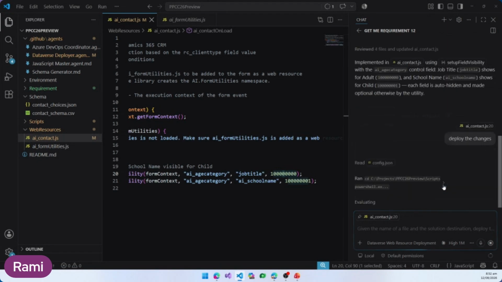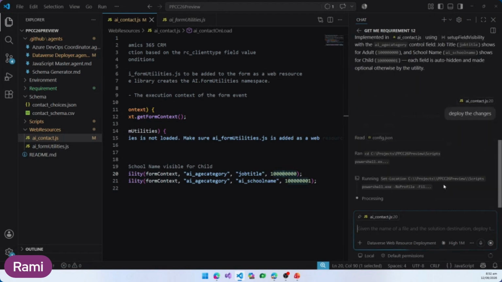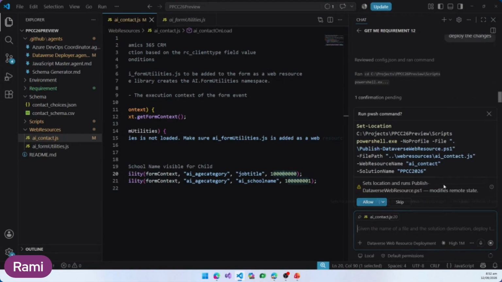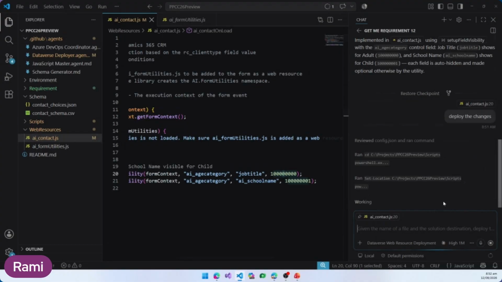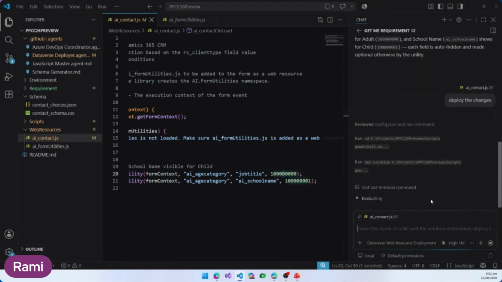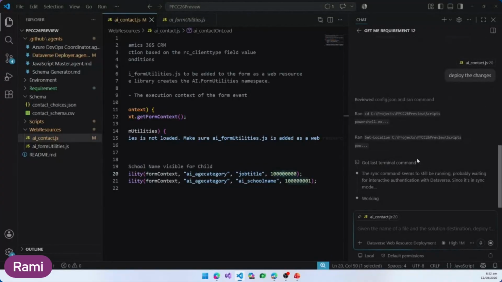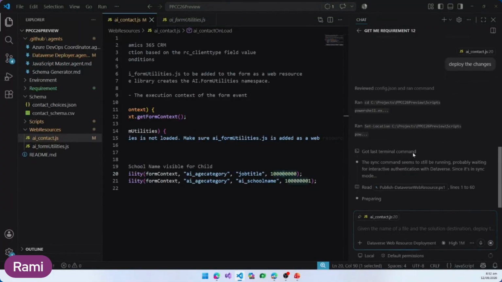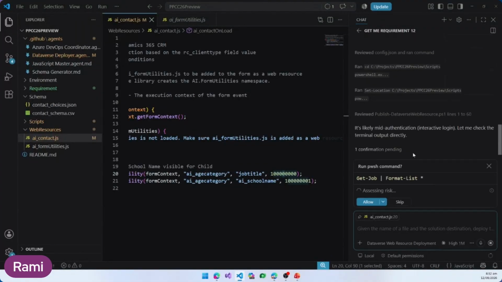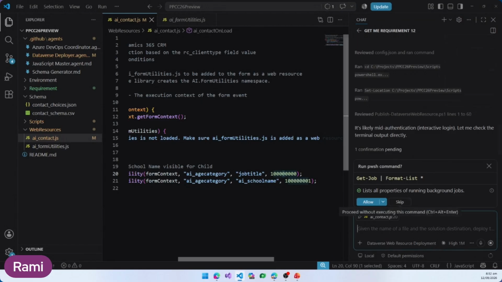So now it's running the script, it's pushing the changes into the environment, and eventually it's going to make the changes. This might take a little bit of time. Now, in the interest of time, what's currently happening is that it's making the changes to the right environment.